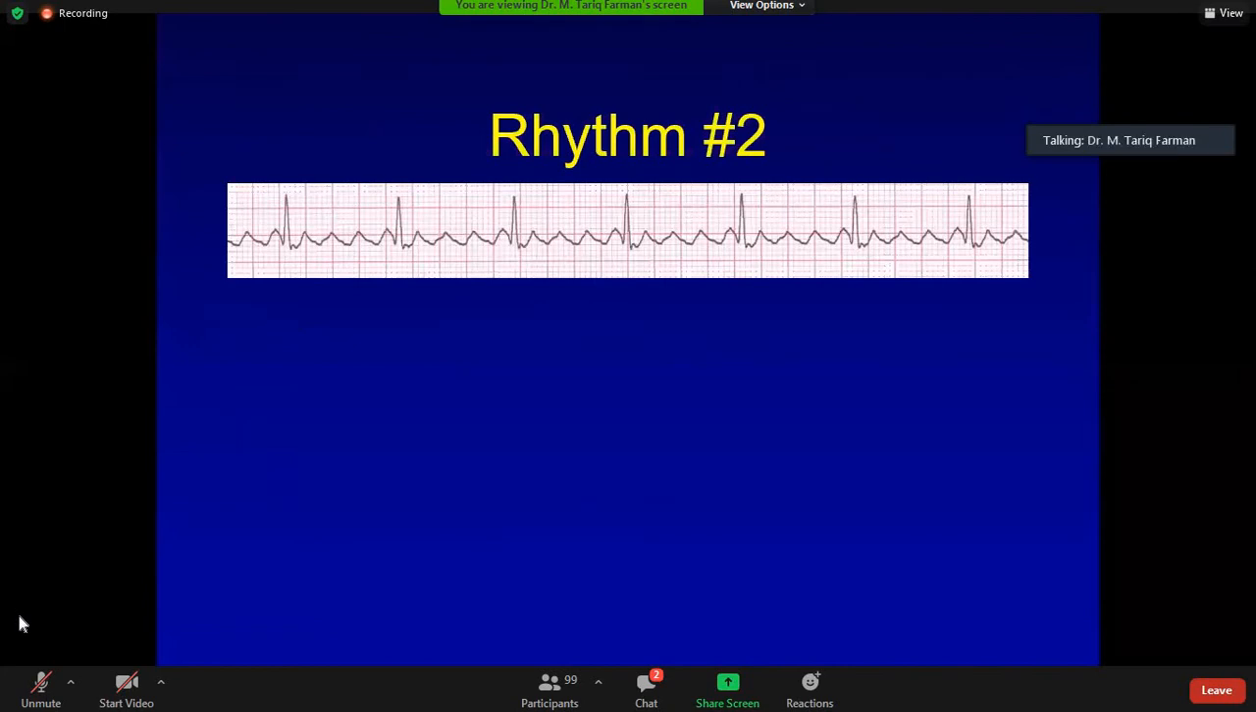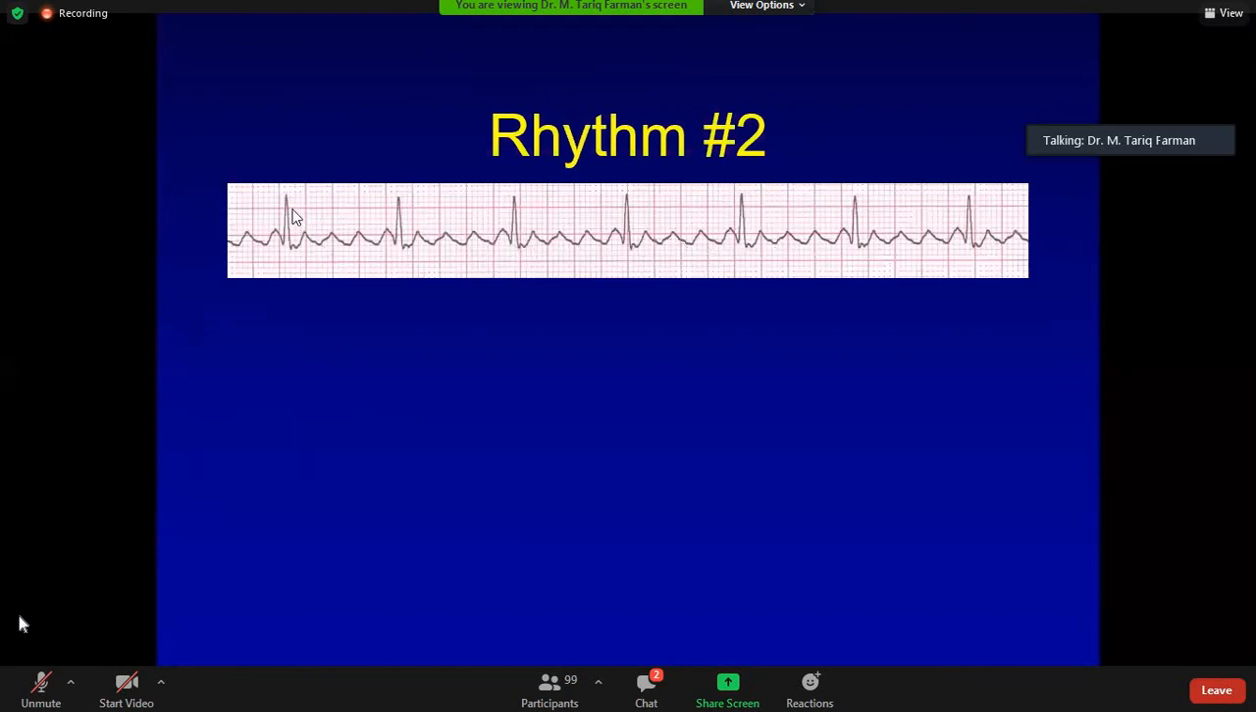So this is rhythm 2. Again, QRS complex, but you can see the morphology of the P wave. The morphology of the P wave is different over here. It's not normal, right? And if you see the sawtooth appearance, right? If you see this sawtooth appearance of the P wave, then the diagnosis is